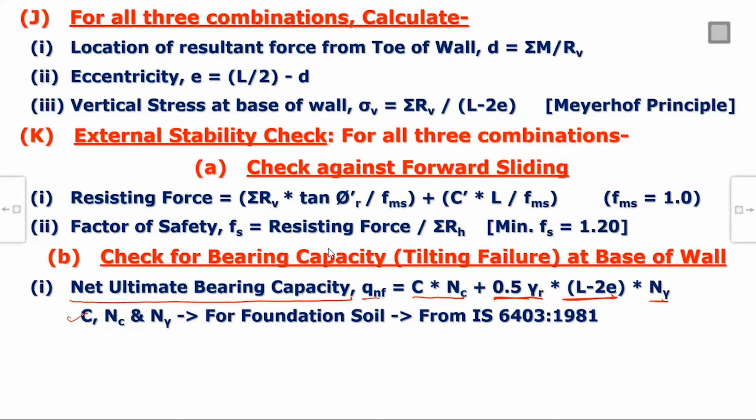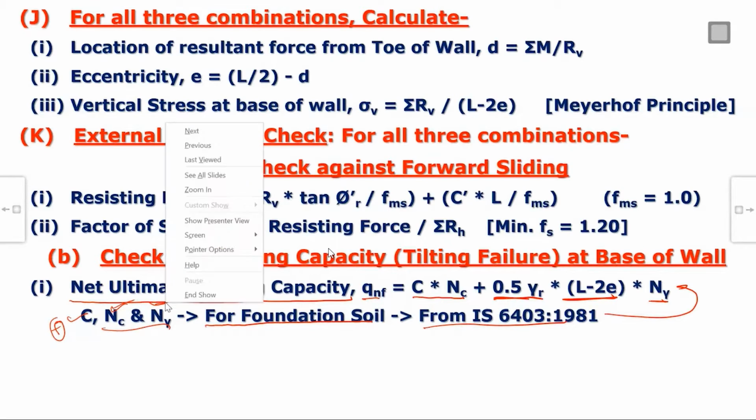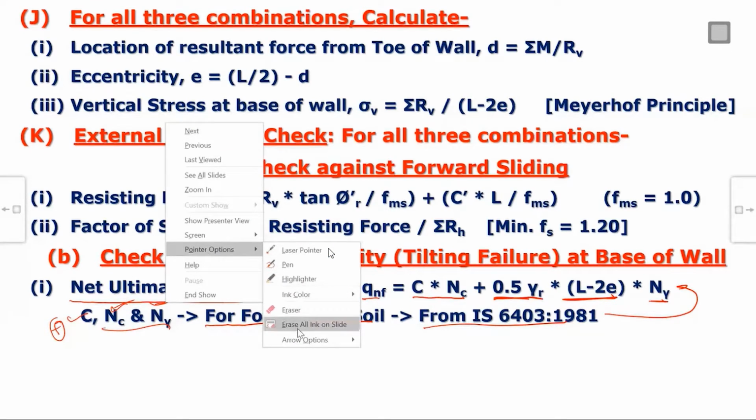So these values NC, NQ and N gamma are basically for foundation soil, because we are talking about the bearing capacity of foundation soil. So they will be the foundation values, C dash F, and for the foundation material, whatever the phi value is, the corresponding NC, NQ, N gamma values are given in IS 6403, this equation as well as this. So from there you find NC and NQ. So this is my net